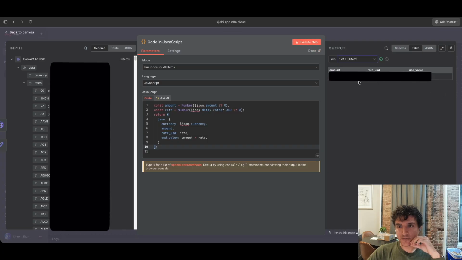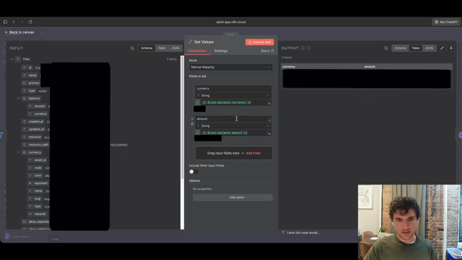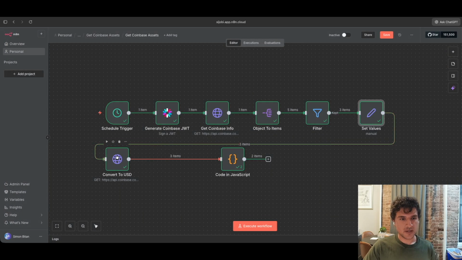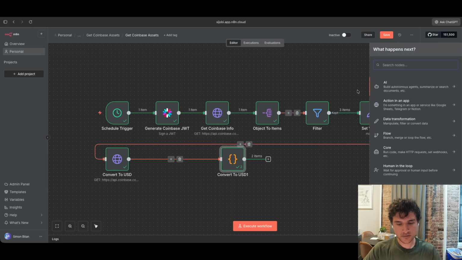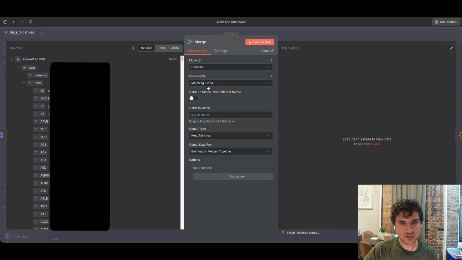We're getting them in separate items when actually we want them to be in the same item, just for simplicity's sake. Otherwise, it'd just be kind of weird. So before this code node, we need one final node, and we're going to disconnect this connection called a merge node. So the merge node is going to combine the amount with the conversion data so we can put it in one section for the code to basically convert to USD. So yeah, go here, get a merge node, and we're going to want to do combine by matching fields